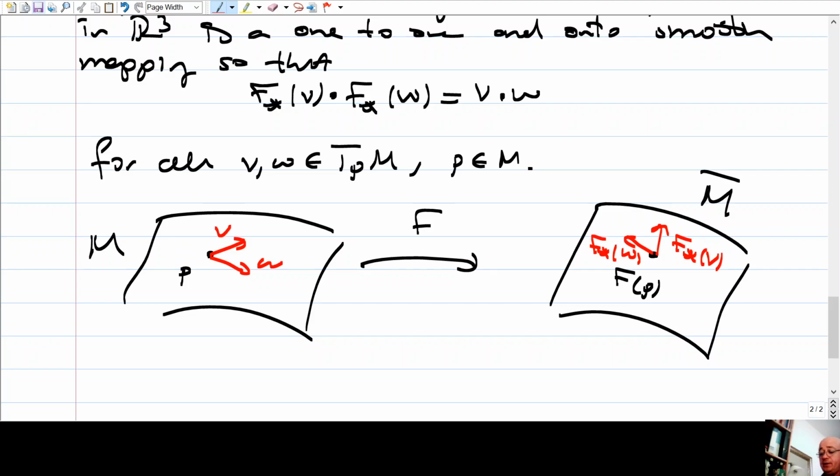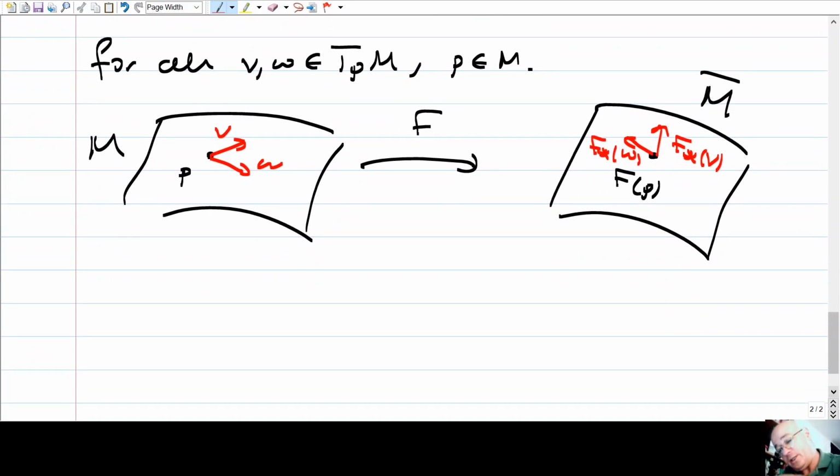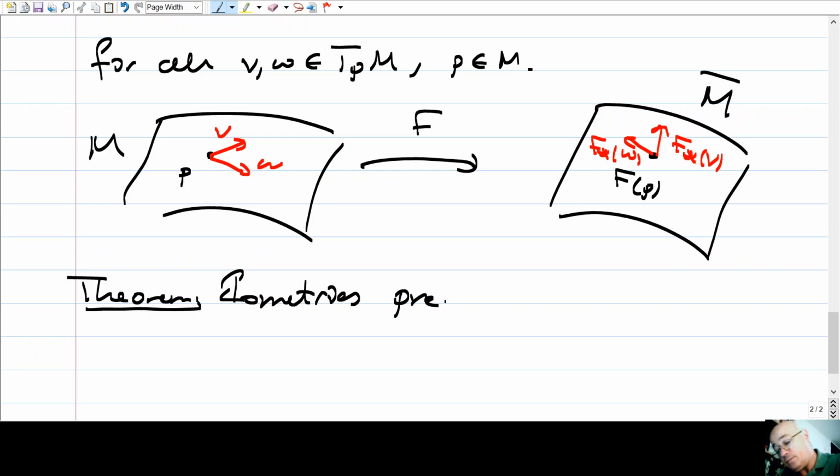You may think that an isometry should preserve the actual distances, and that is the next result. So theorem: isometries preserve intrinsic distance,